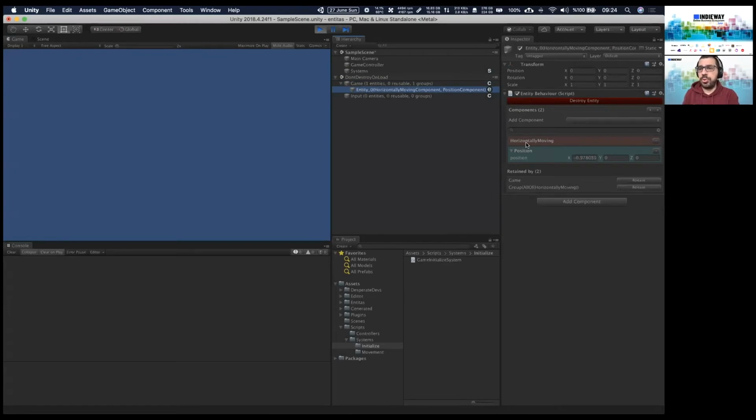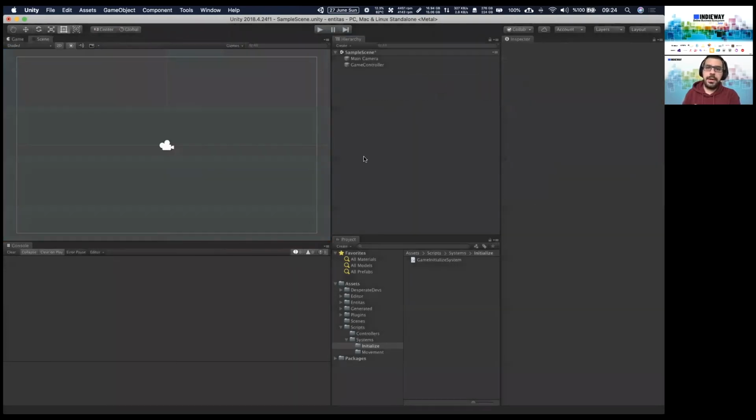On this group, it says that you have an entity with a horizontally moving component and a position component. As you see, the position changes regularly. It goes either to the right side or left side. We do not see anything yet. Let me handle this.